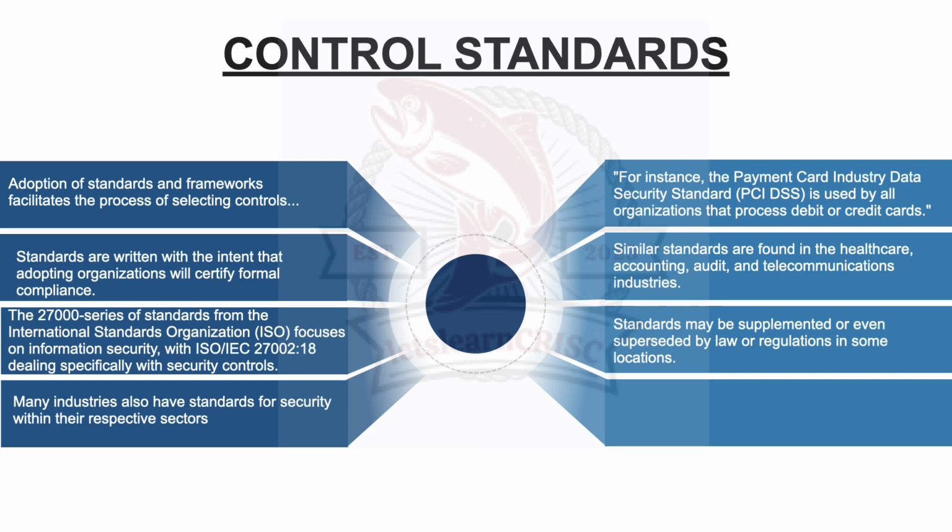certain regulatory goals. For example, in the healthcare sector, the Health Insurance Portability and Accountability Act standard is complemented and supplemented by the Health Insurance Portability and Accountability Act in the United States. Friends, the Health Insurance Portability and Accountability Act is a United States federal law that establishes privacy and security standards for protecting health information,